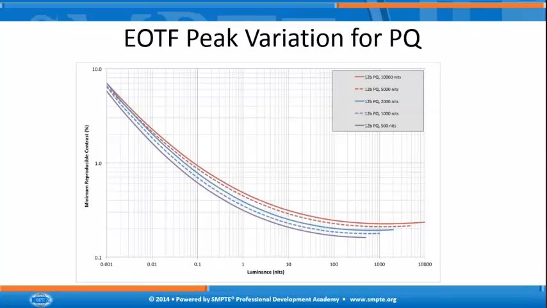Just to put some plots to that, this is the variation for a PQ style signal. I did 5 sample systems here ranging from 500 nits all the way to 1,000 nit peak. So if we did our same system but we started with a 500 nit peak instead and then built a PQ table from it,